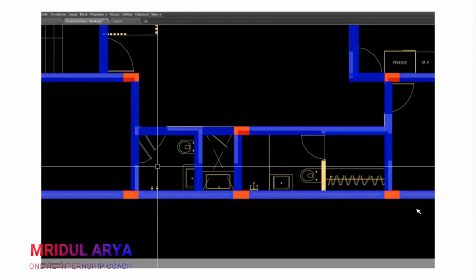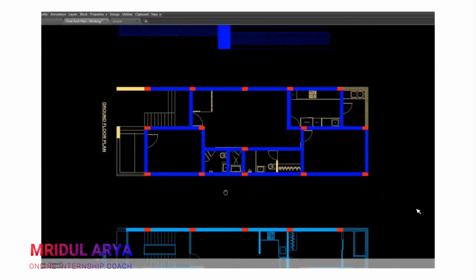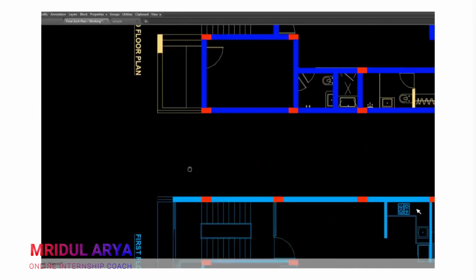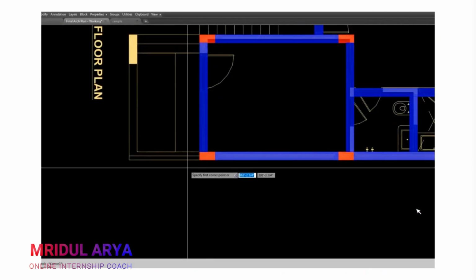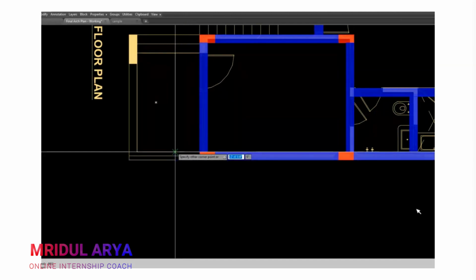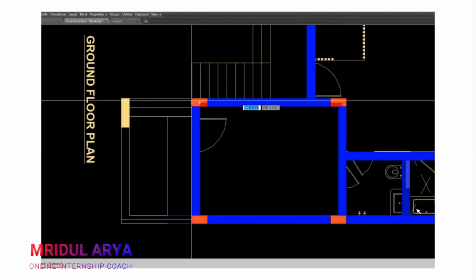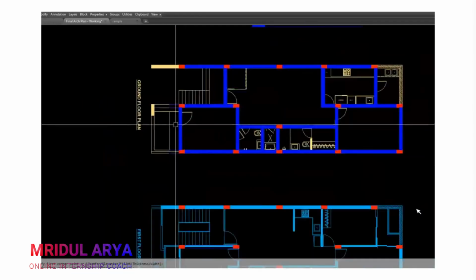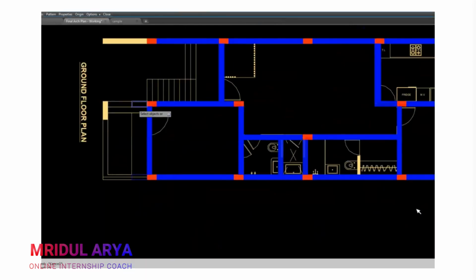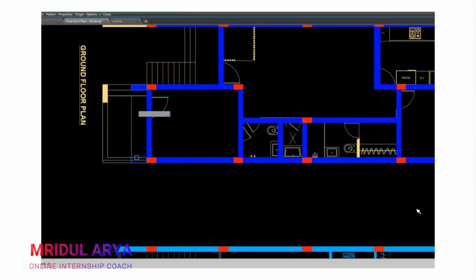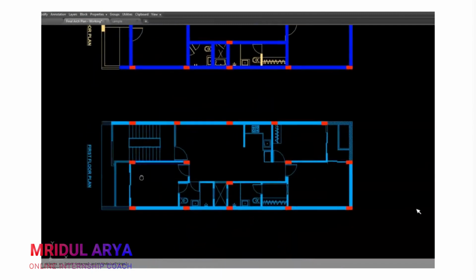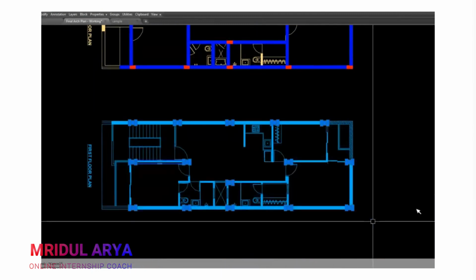That's what will be required at these bathroom places. Okay, and see this is our balcony here, so we will provide our beams for the balcony as well. You need to notice that when you are placing your beams on your ground floor, you are considering all the loads from the first floor.